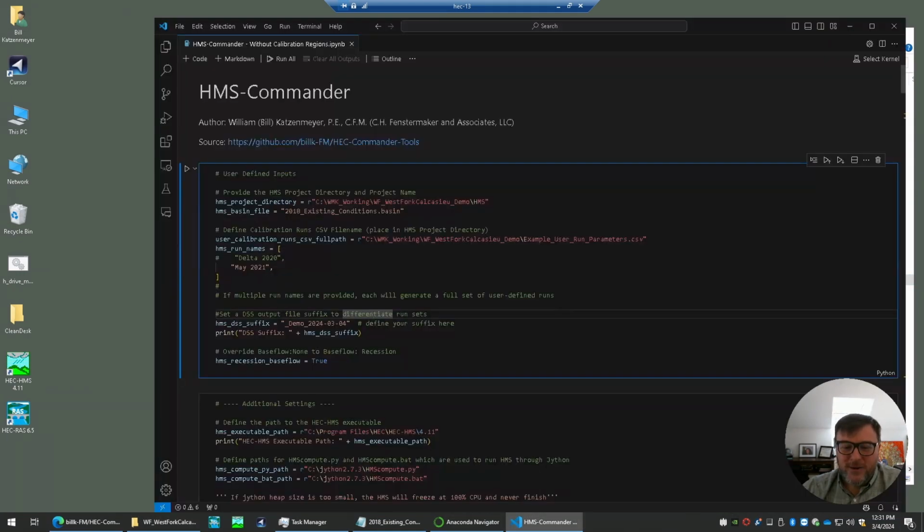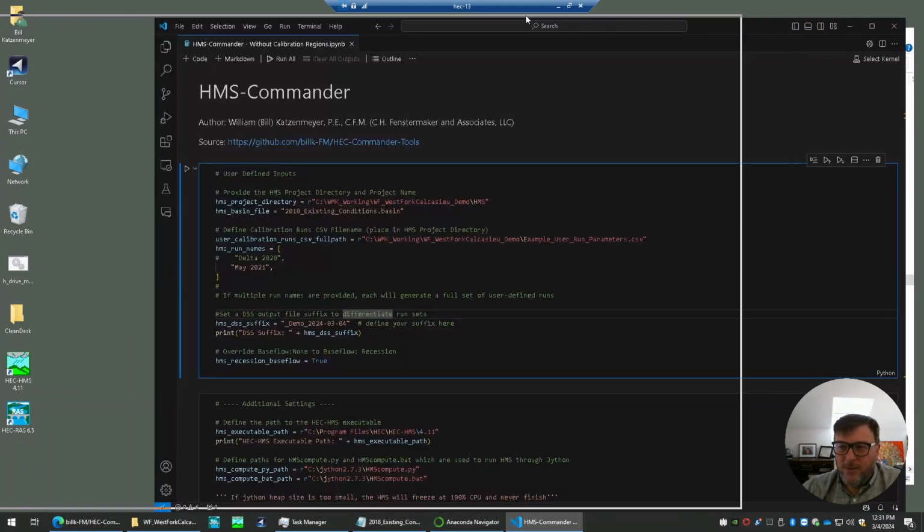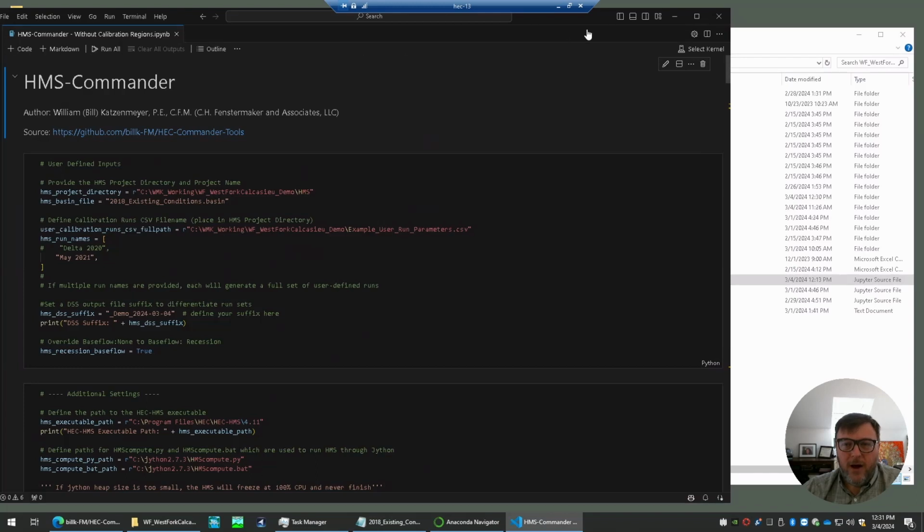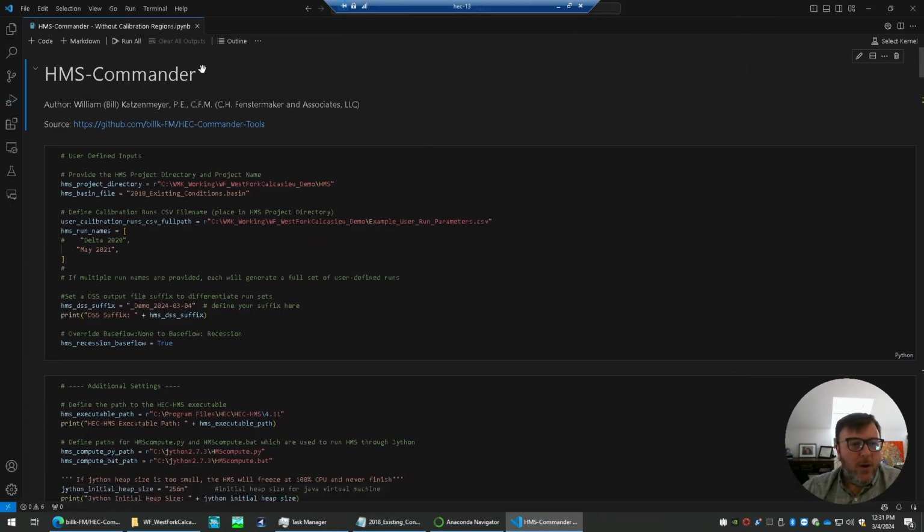So let's open up HMS-Commander. This has already been populated. I downloaded the without calibration regions version of the script, and we are now populating it. So first thing to do when you first download these scripts, I don't have the option, unfortunately, of collapsing all these code cells off the bat. These are code forward notebooks, and what I mean by that is there are no, other than using publicly available libraries, there's no